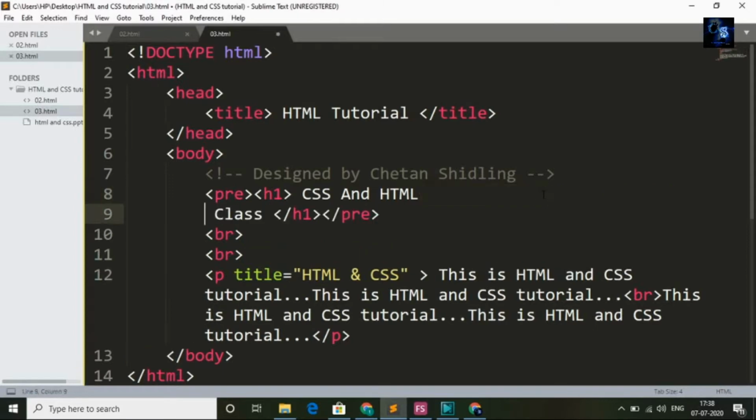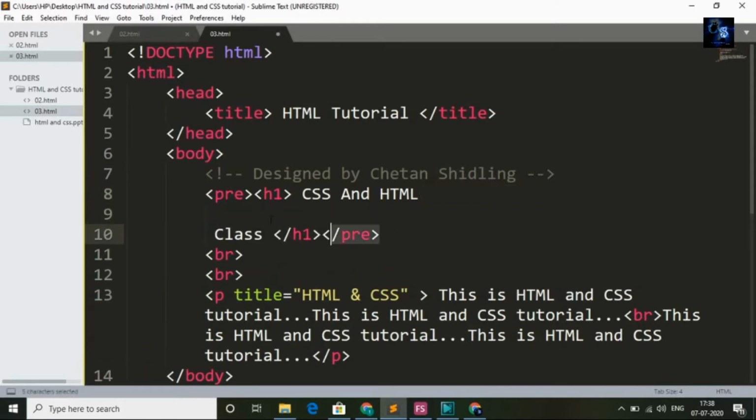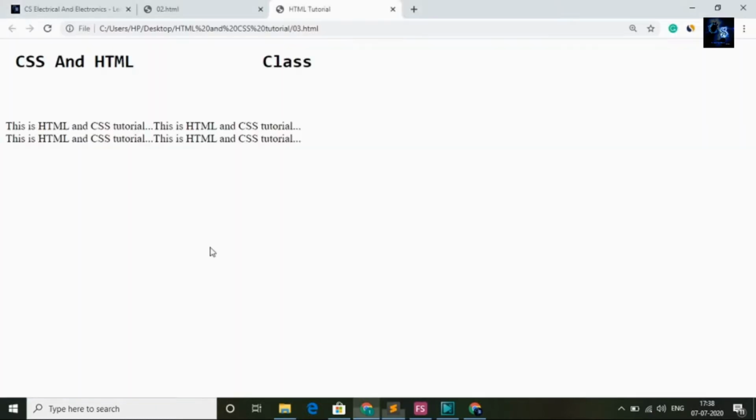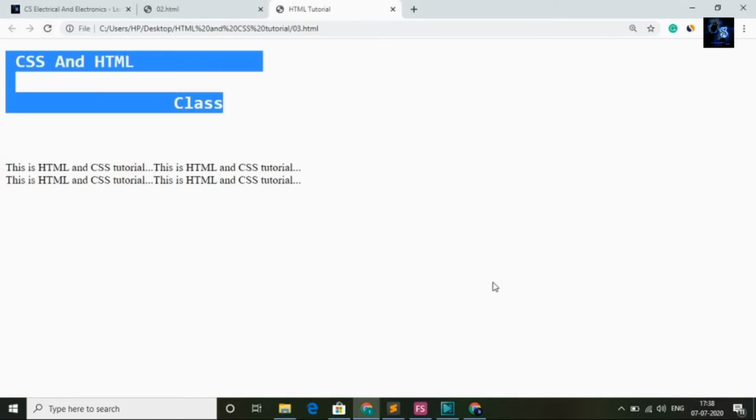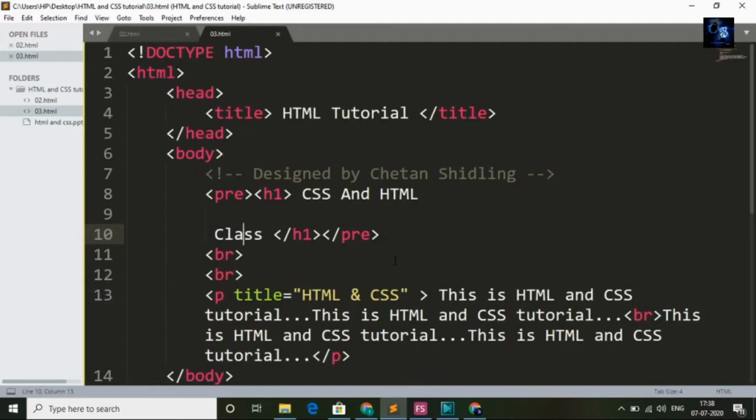Now I will press enter here. Okay, and I will write like this. It will display the same in the browser also. I will save this, come back to the browser and refresh. Here you can see. Okay guys, if you want to display the same as what you wrote in the code, by using the pre-formatted tag you can display that. Guys, this was about the break and pre-formatted tags.